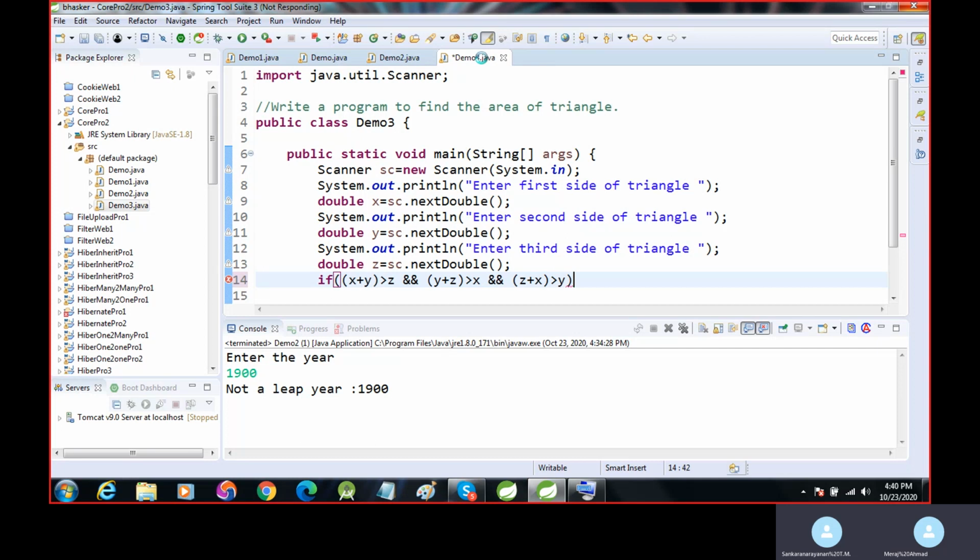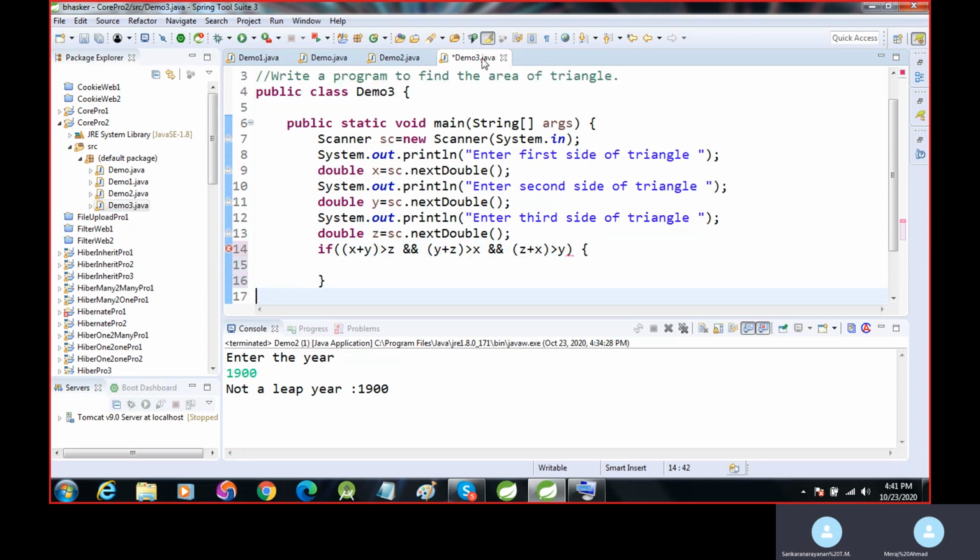Then do the calculation of the area of the triangle. If this condition is true, then the area will be found. Otherwise, display triangle is not possible.